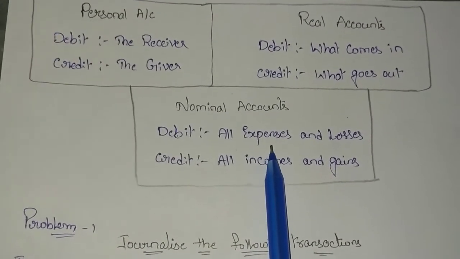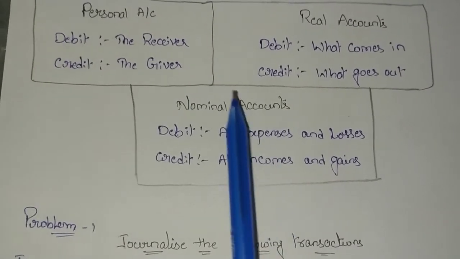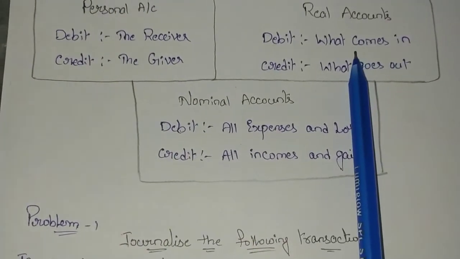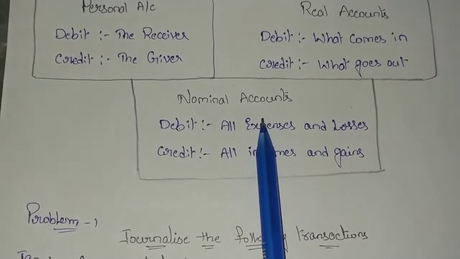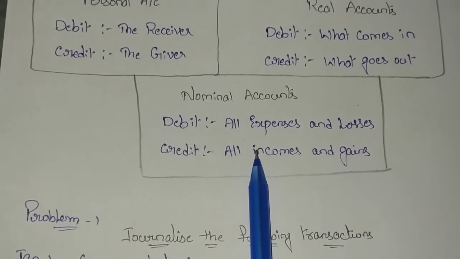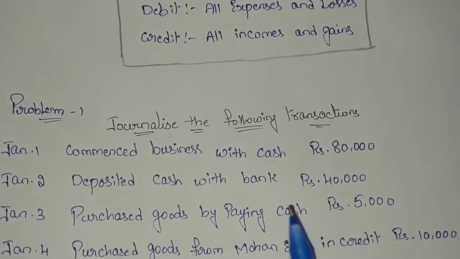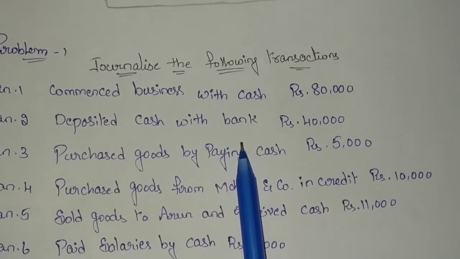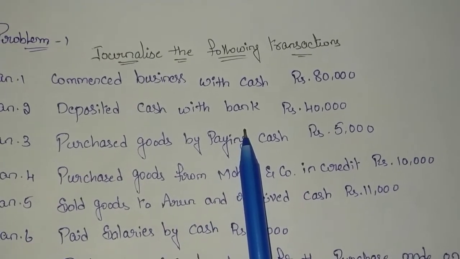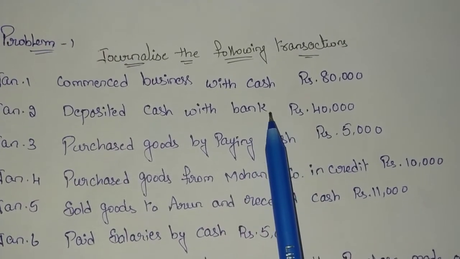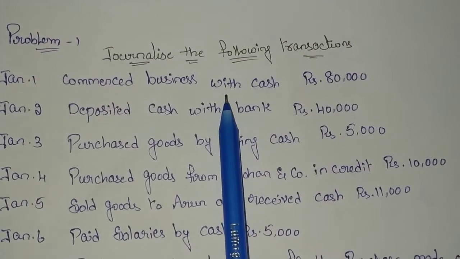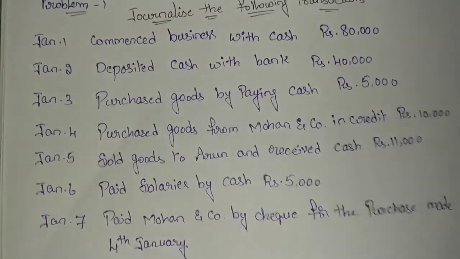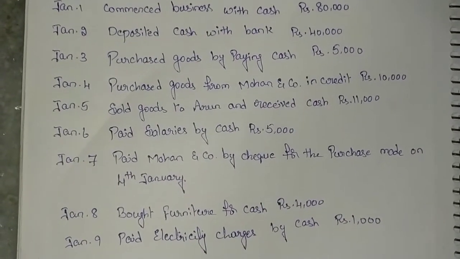Once the classification is done, based on the particular account, if it is a personal account, apply the rules of debit and credit for personal account. So if it is a real account, apply these debit and credit rules. If it is a nominal account, apply these debit and credit rules. Means first you should know whether the transaction is personal account, real account or nominal account. Based on that, you will go for applying the debit and credit rules of particular account. So that is the process we will follow. Based on the classification of accounts, we will apply the debit and credit rules. So let us see how to go for having the preparation of journal entries.